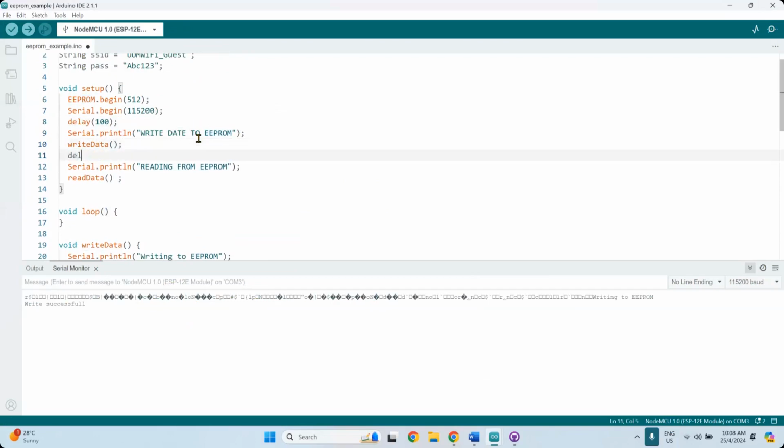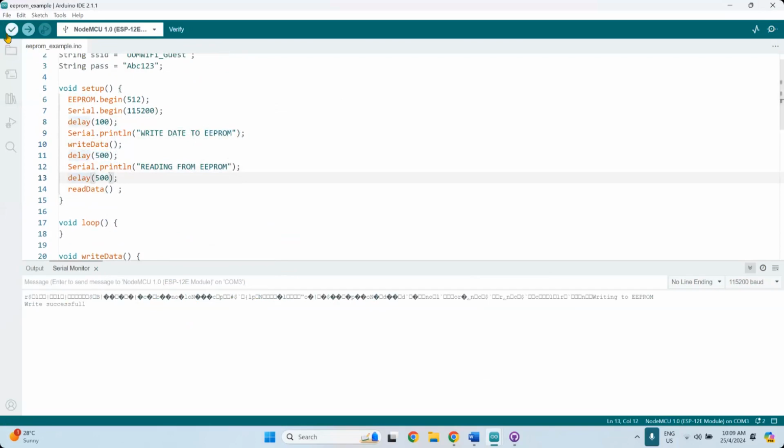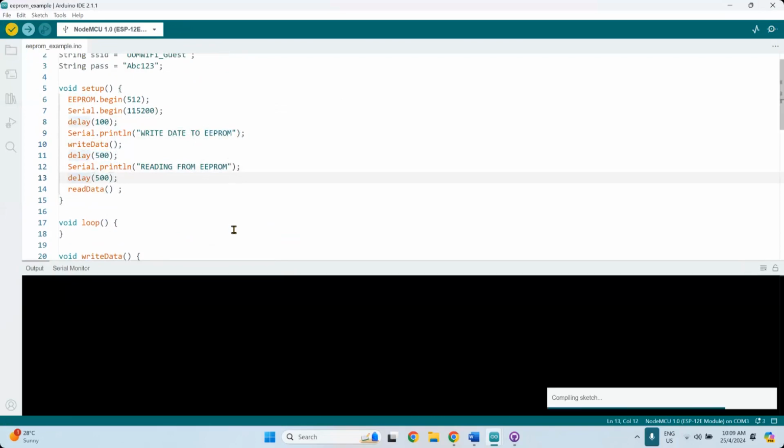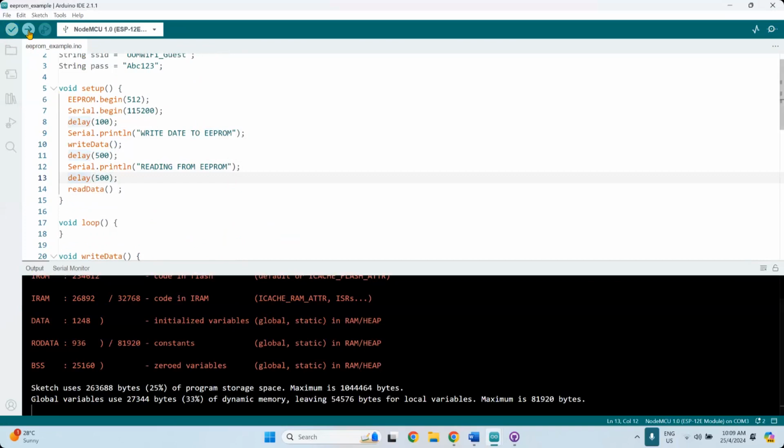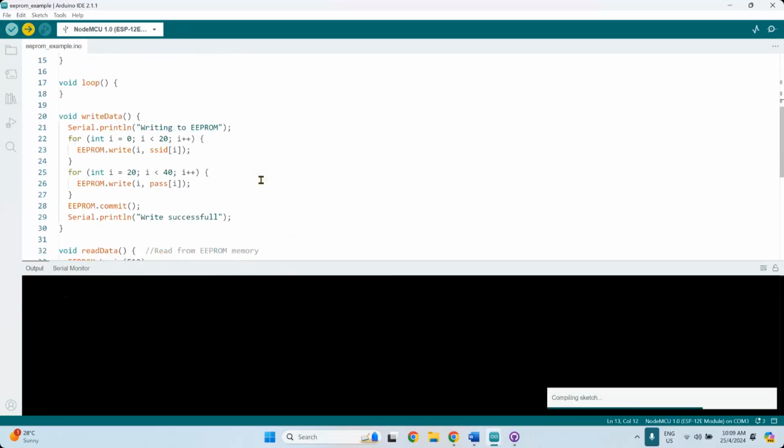Then put some delay there, just 500 milliseconds, just to provide enough time for the ESP to cool down a little bit. There you go. So verify them. Should be okay, and then upload.